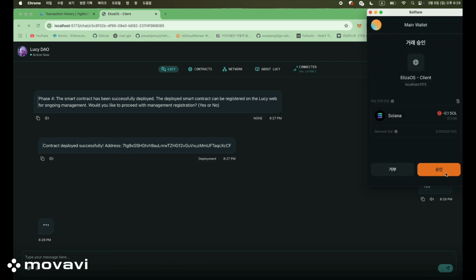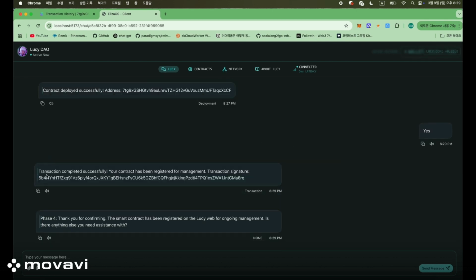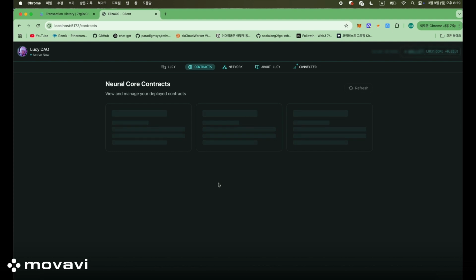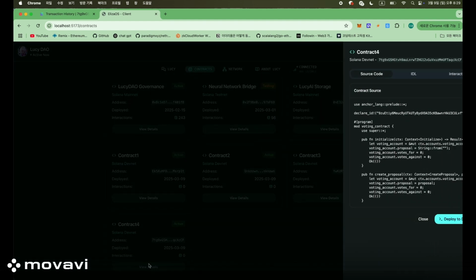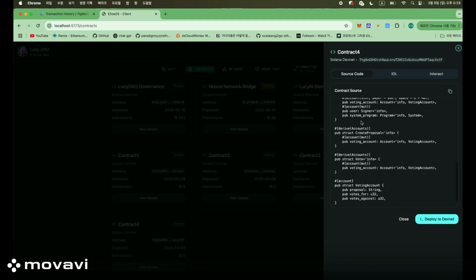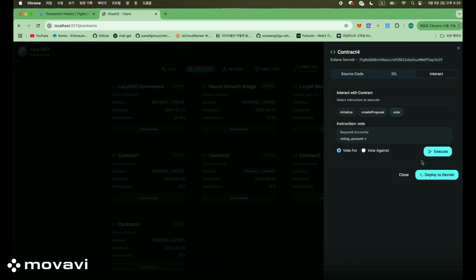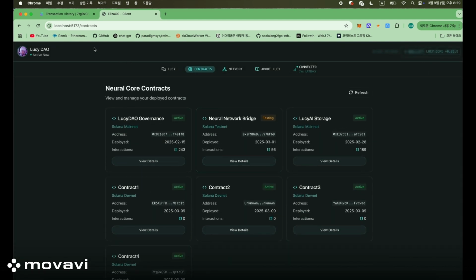And we move on to phase 4, where Lucy asks if you want to store the contracts on the Lucy CLI, and we chose yes and paid. And as you can see also, you can view the contract 4 was deployed here. And the contract is not fully functional right now, but we are aiming to do so by the end of this